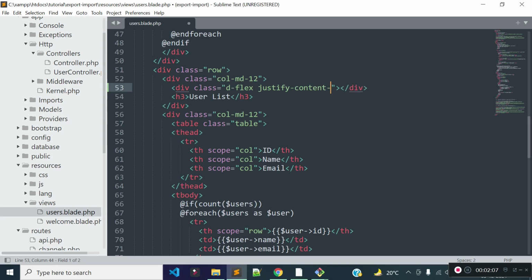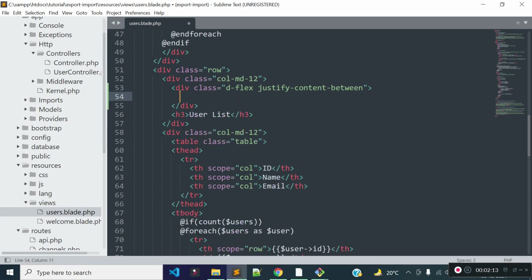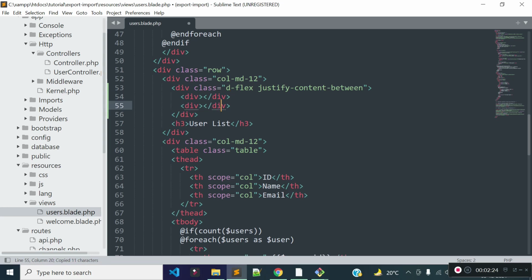This is a bootstrap class, and I am adding this because I want this text on the left side and an anchor tag on the right side. So I'll add two divs here. This will be on the left side and this will be on the right side, because we are using the justify-content-between class.